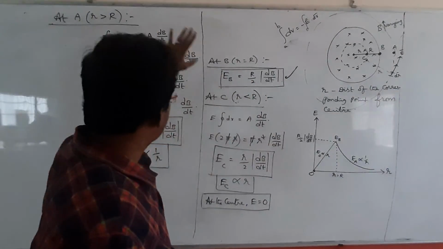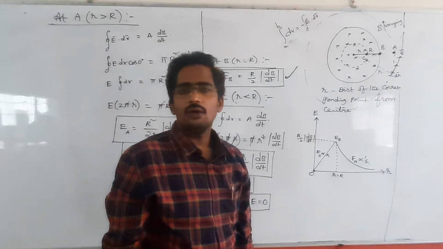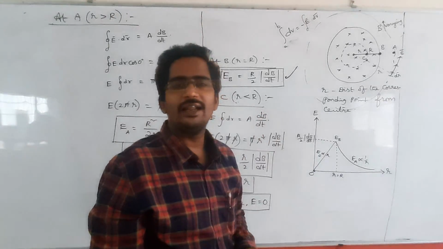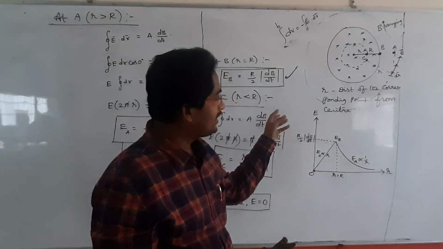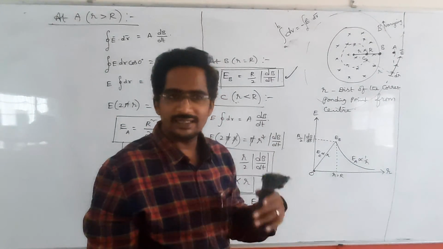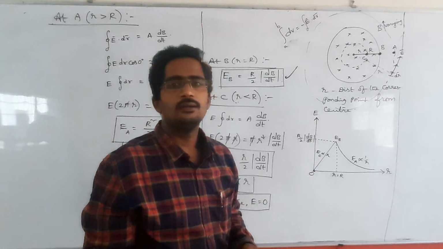So that is the electric field intensity we derived here due to a varying magnetic field. Okay. Next, there are some related problems. Those problems we will see in the next class. With this, I am going to close this session. Thank you very much.